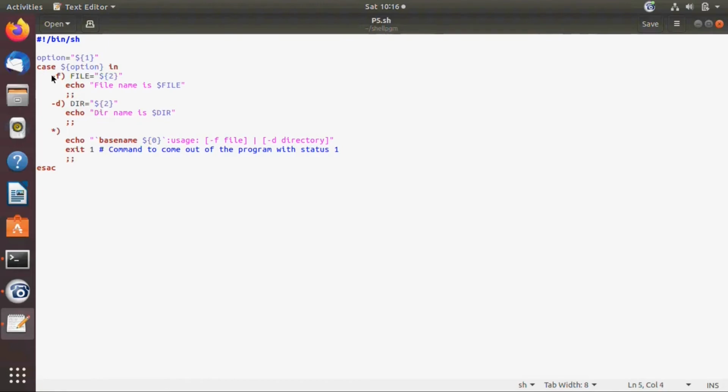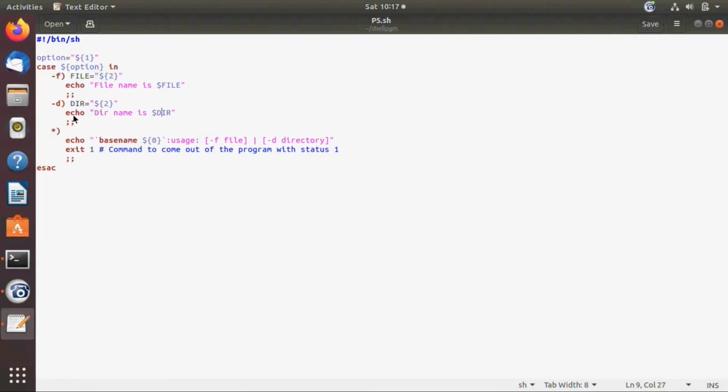Here there are three cases. The first case is -f. If the given argument is a file, then print a message, file name. If the given argument is a directory, print a message, directory name is.